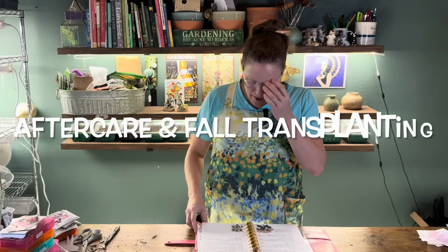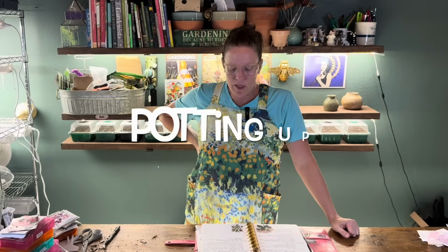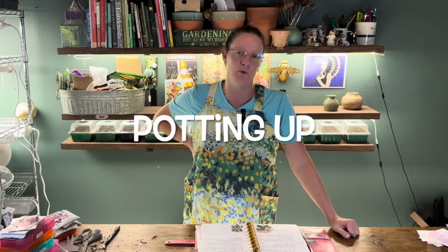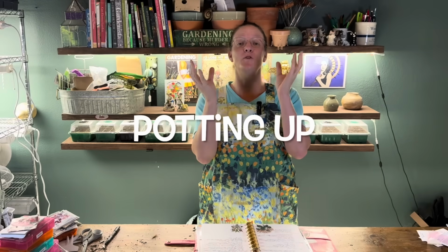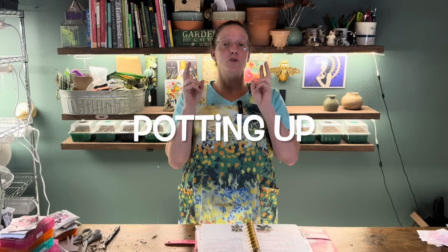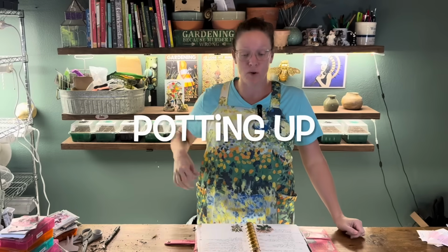Okay, a little bit about aftercare and fall transplanting. So you want to pot these seedlings up into larger containers after 2 to 3 sets of true leaves appear. The very first set of leaves you see come up when it sprouts, those are seed leaves. After that, everything after that are true leaves. So you want 2 to 3 sets of true leaves, and then you'll pot them up into a larger container